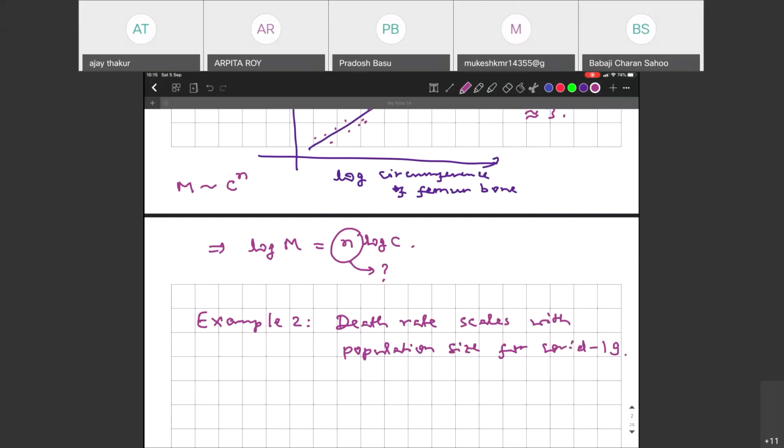Okay, so already experimental data has started arriving. So one should be able to tell how death rate scales with population size. So any guesses from you? Suppose population doubles, should death rate double? I'm asking a question. So how do you imagine this death rate to scale with population?